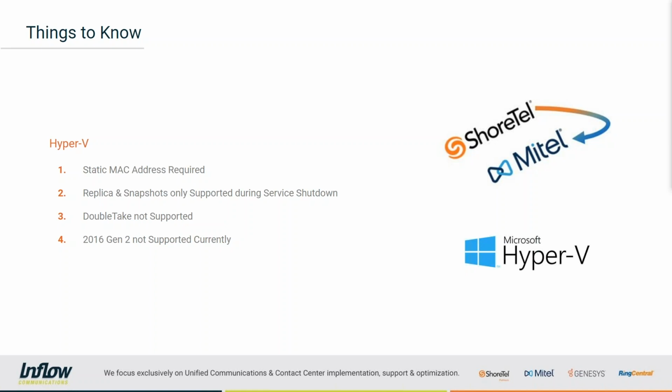So currently, unless you shut down the services like in a maintenance window, that's the only time you could do any kind of replication or snapshots in Hyper-V. They are hoping to get those working. They do have high availability working in VMware, so we know it can work. They're still working on some capabilities for the replication piece of Hyper-V, but the goal is to support